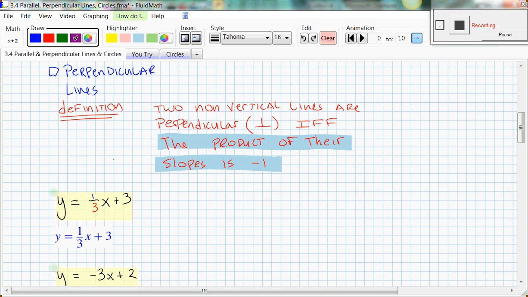There's a little cool symbol for perpendicular. You don't use this upside down T, right? Perpendicular if and only if the product of their slopes is -1. That's interesting. Okay, so I want to make sure you guys know the difference between the word reciprocal and the